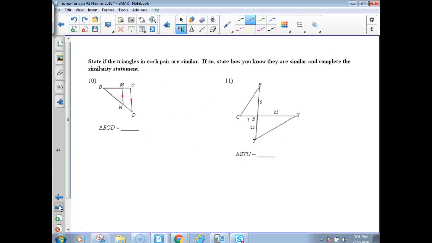Now we're on this one, correct? It says number 10. You've got two parallel pieces here, which means that you've got some corresponding angles that are congruent. This is actually not on tomorrow's quiz, however, it is in the chapter, so let's review it. Are these triangles similar? And the answer would be,